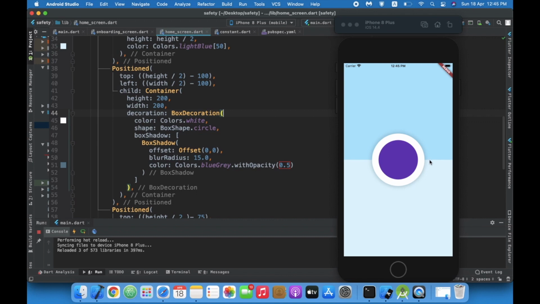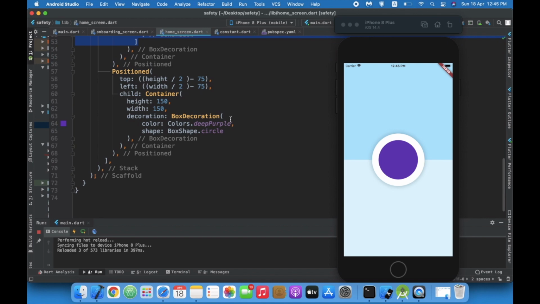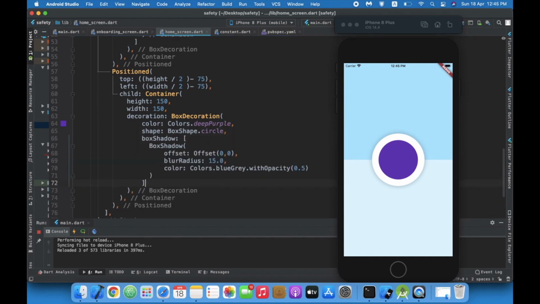Okay. So we got a nice border over here, and then I'll just copy this. Okay, box shadow complete, control C and control V, and over here it will just be black. Everything rest will be same.